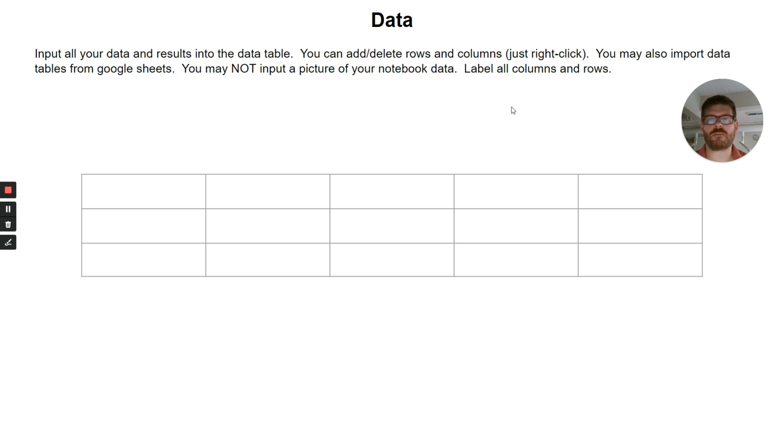Okay, this is your experiment. But you can start getting your data table set up now. Even if there's no data to put in it, you can put the labels in now. And that will help you stay more focused when you actually do your lab. Remember, you want to make measurements if possible. You can put quantitative or qualitative data in here, but please make measurements as you go.